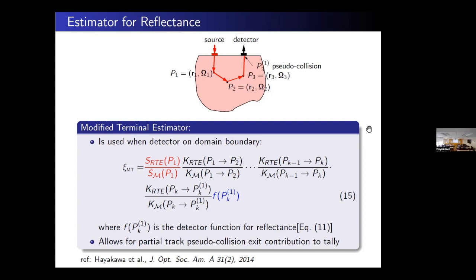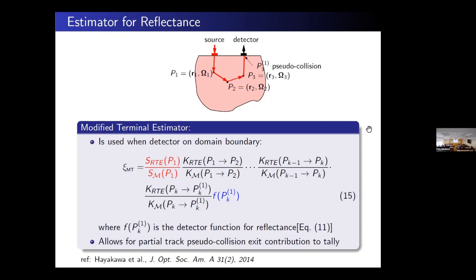So the random walk consists of these, and just to simplify notation, these P's represent the position and direction. So it goes from P1, P2, P3, and then there's this pseudo collision, which we notated by the last collision with the superscript 1 to represent a typical random walk. So the modified terminal estimator looks kind of complicated, but you'll see that it gets simplified.